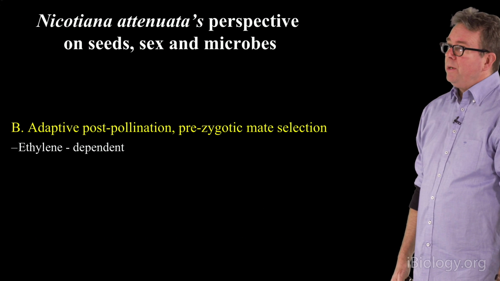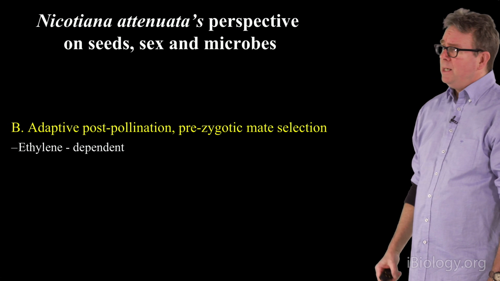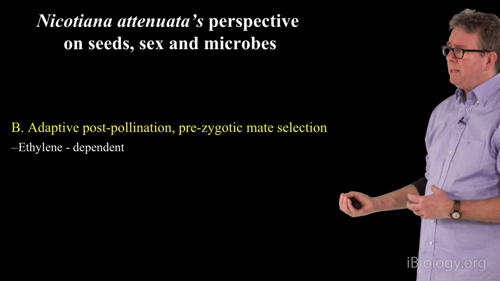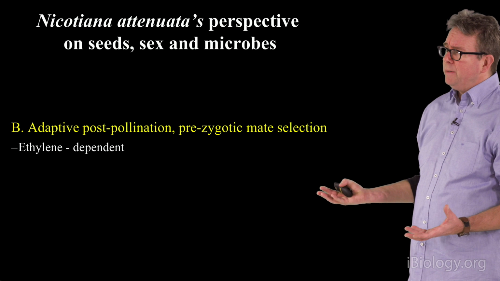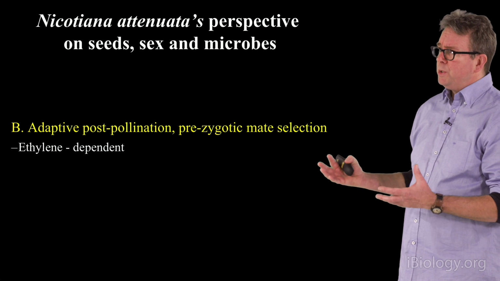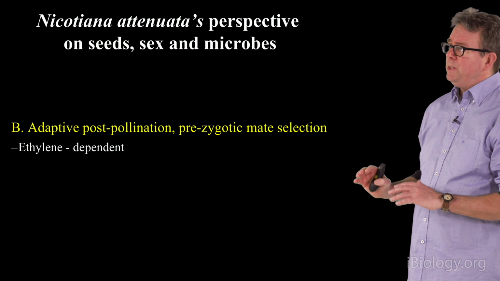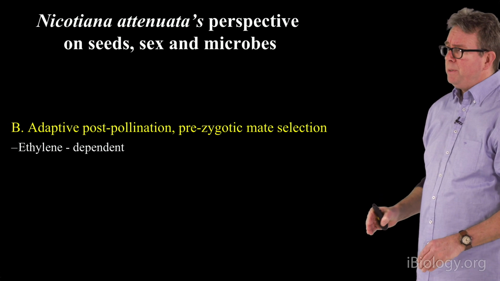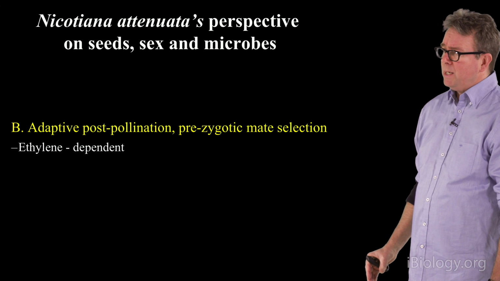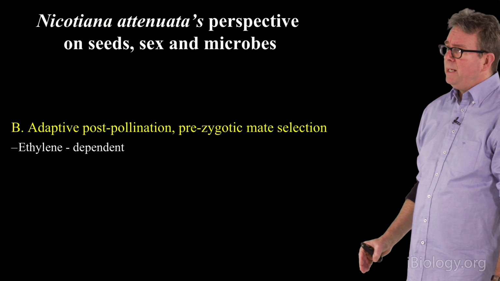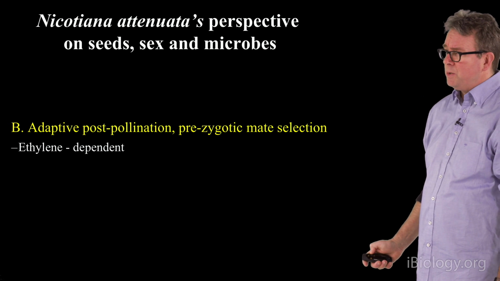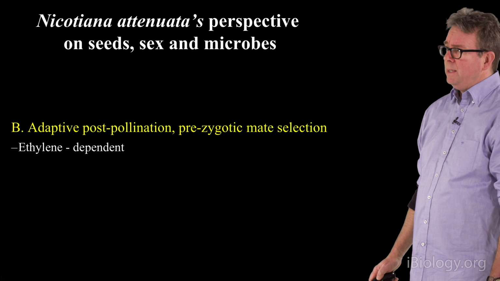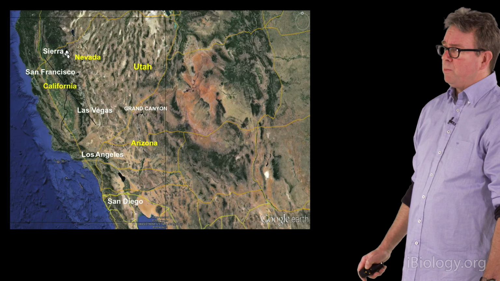Okay, so there are clearly many other ways in which flowers could be manipulating and choosing particular types of pollinators, and pollinators may be delivering different pollen loads of different genetic quality, but we simply don't know very much about that. Now I want to switch to the next stage in the potential for mate selection in flowers, and that is the post-pollination pre-zygotic possibilities, and tell you about the role that ethylene, a plant phytohormone, plays in this process.